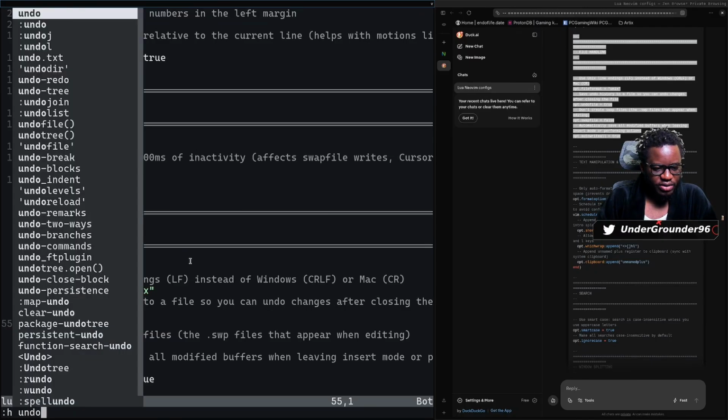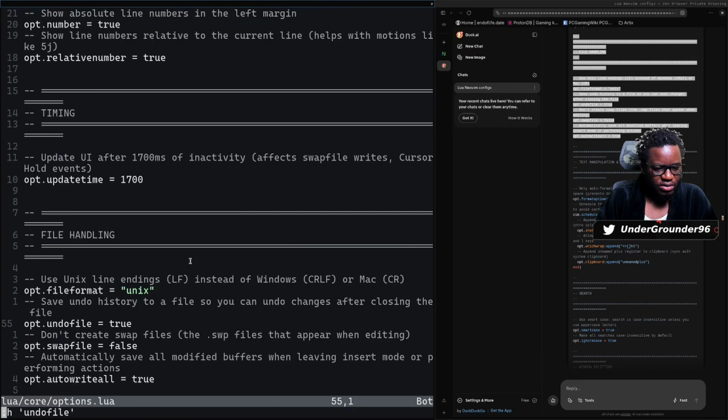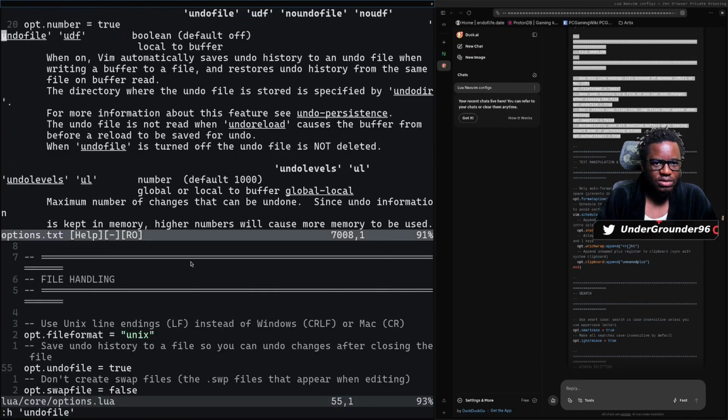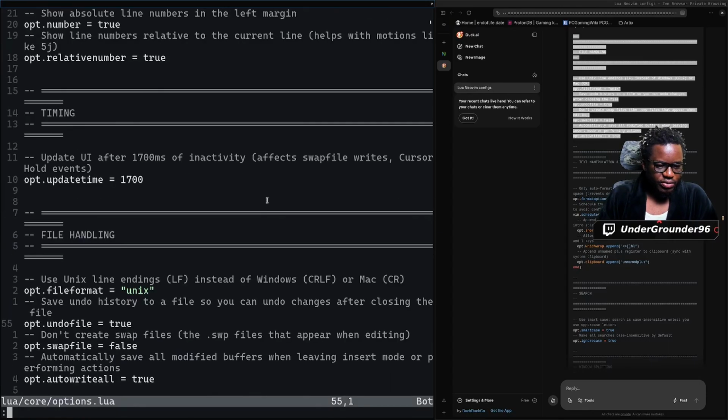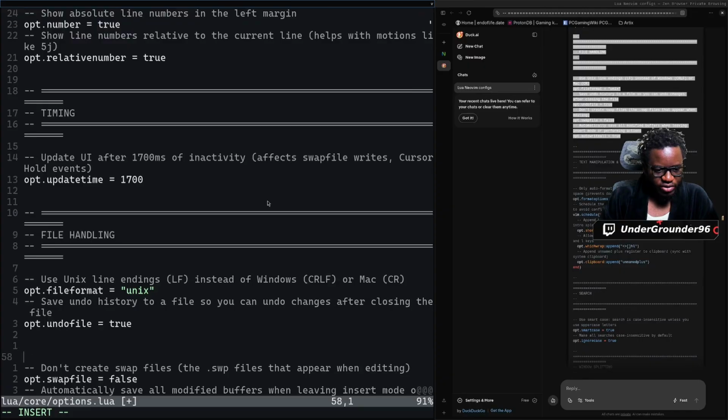Undo file. Is this disabled by default? Let's see. Yeah, it is disabled by default. Basically, it tells Vim to automatically save undo history. Let me give you an example. If I do this now, because now you have it on,